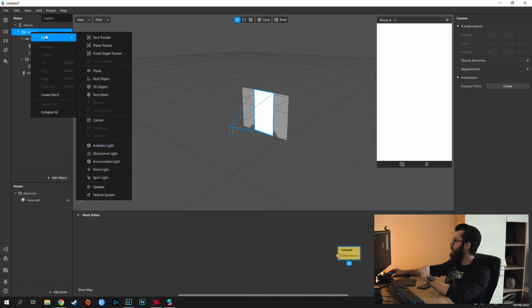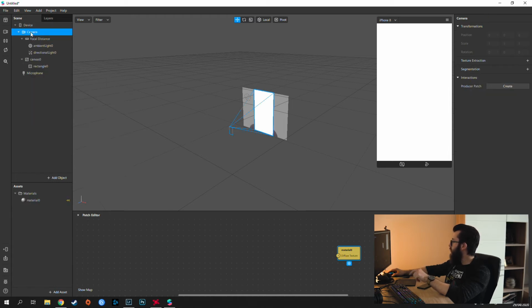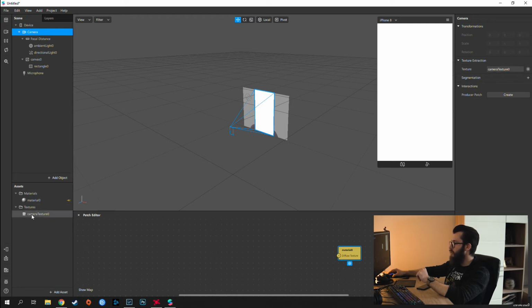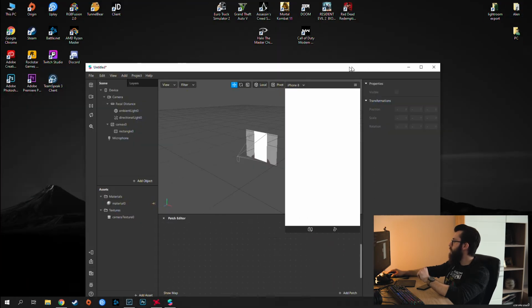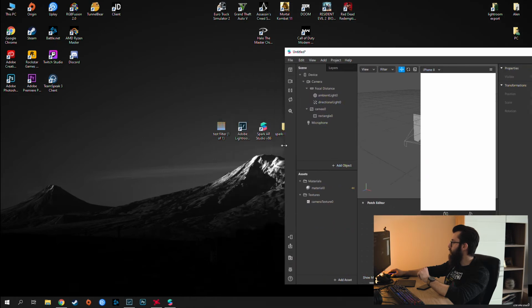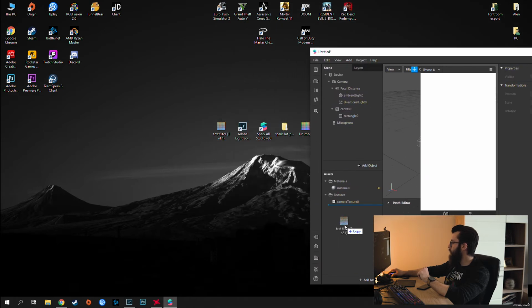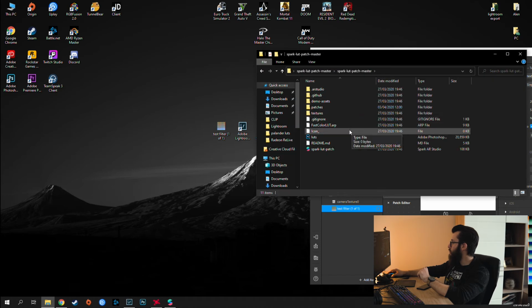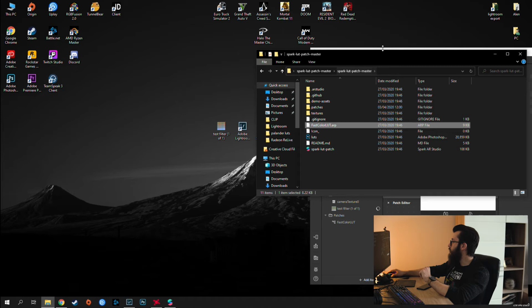Now to set further things up, just left click on camera, texture extraction here, click on the plus sign, it's going to be here, camera texture is here. Before we do that, we're going to import everything that we need to use here and just resize that. So test filter, click and drag here, open up this fast color LUT, click and drag inside the software,